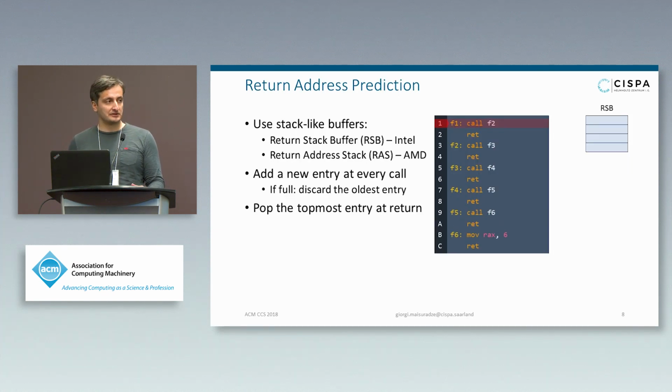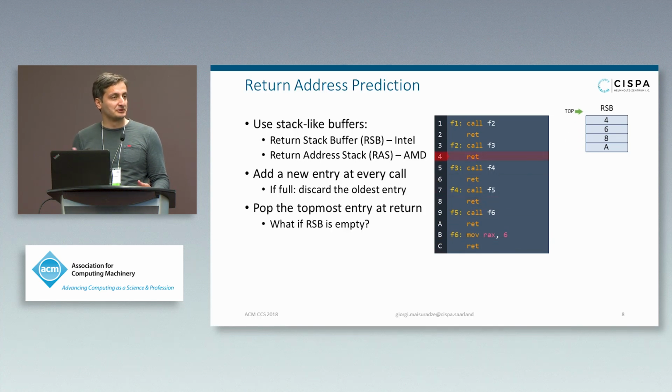So let's see how return instructions are predicted in modern hardware. So basically, when we do a call instruction, at that point, we know the return address. This means that we need to store this return address somewhere in a microarchitectural buffer. And the return stack buffer is one type of buffer that is used in modern hardware. How it works is the following. Every time you execute a call instruction, you push a return address on this buffer. And then every time you execute a return instruction, you pop the top entry from there and you use it for